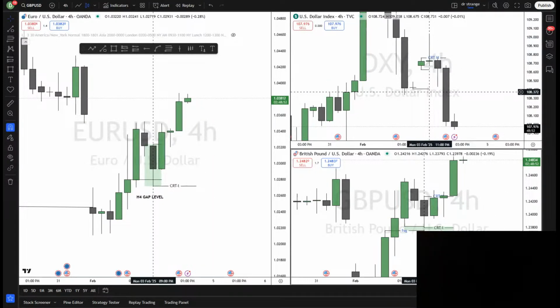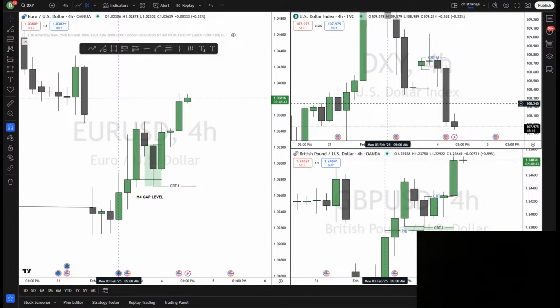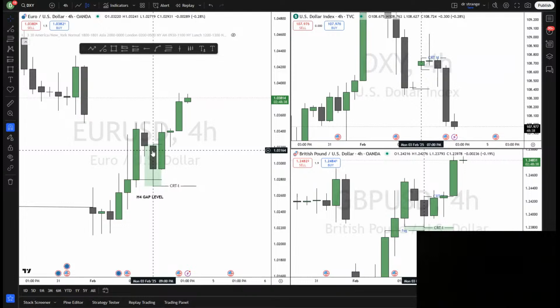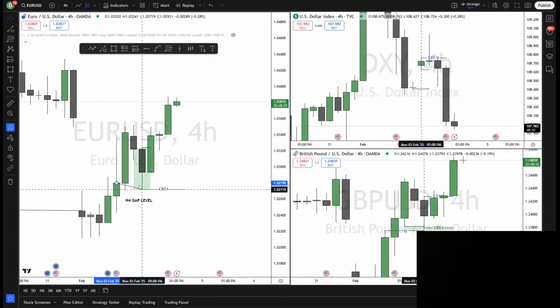Now what happened today is DXY. This is DXY. What we call time-based SMT. If we marked our 9 p.m. candle high and low, according to SMT, let me first remove this gap level right here. I can show you something. According to our SMT rules, if Euro USD makes a low, GBP USD should make what? A high. Okay? What happened is that Euro USD came and made a low at 9 p.m. Even this one candle made a low.